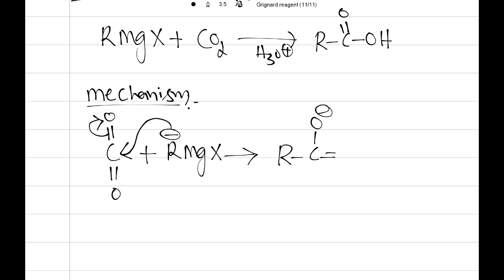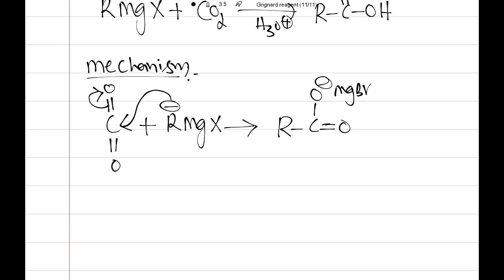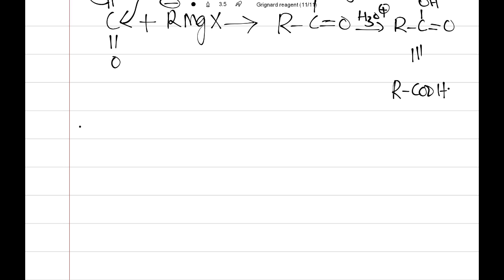RCO minus double bond O along with MgBr we can get. After this, on hydrolysis, we can get the carboxylic acid, COOH, that is nothing but RCOOH. Okay, so if I take some examples,